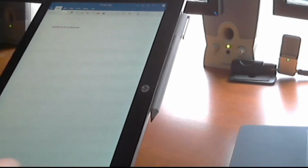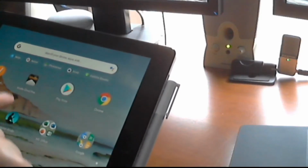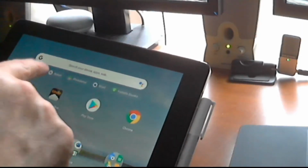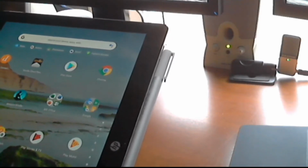apps that are open will be down there, and then if I actually go back to here, up at the top. Oh, I actually started a program I didn't need to. Nevertheless, up at the top, it will have my last used apps, which makes it really easy to get back to. I was going to show Squid,